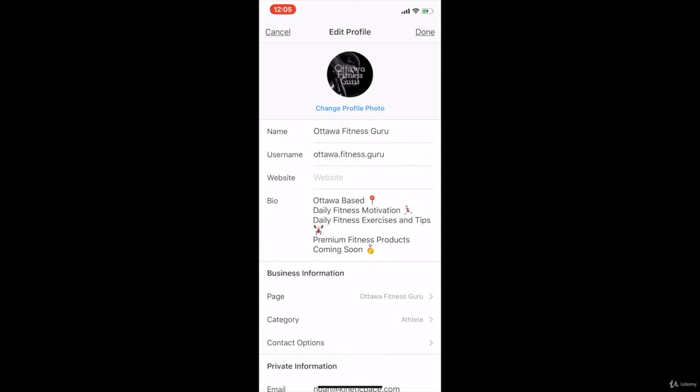The reason why before I said create several accounts is kind of related to the same thing, related to the name and the username big time. Because when you have several names and usernames related to different topics, for example, you'll be able to target a bigger audience, and more people will be able to connect basically with the account because it rings a bell.